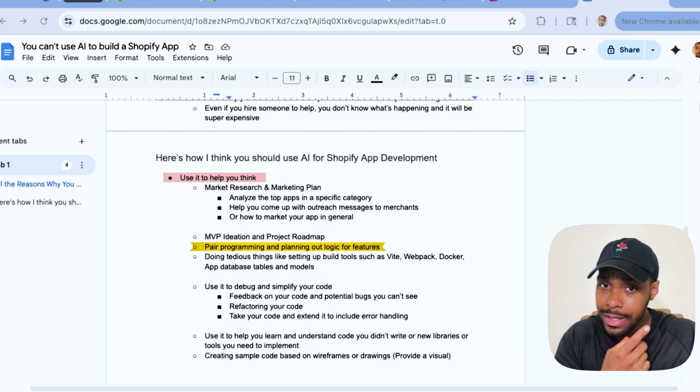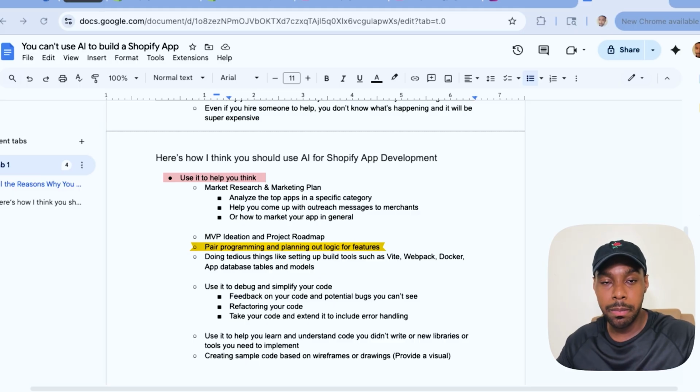Now, an important tip about what I'm saying about the pair programming thing, you want to make sure that you're using AI in a way that's helping you, not thinking for you. At the end of the day, you're the one that's building out this experience for your customers. So you need to be at the forefront of the planning. Now, of course, AI is going to have wonderful ideas for you to implement, but you want to make sure that you're really on board for whatever it suggests.